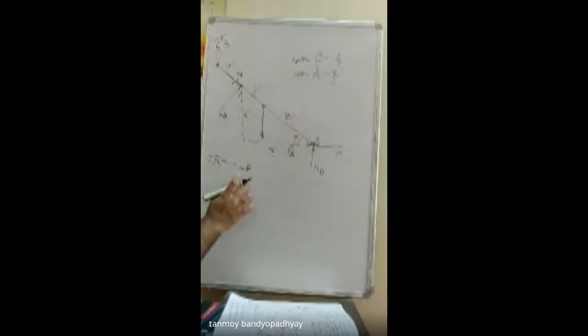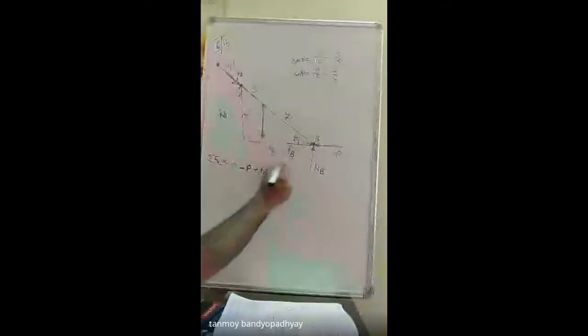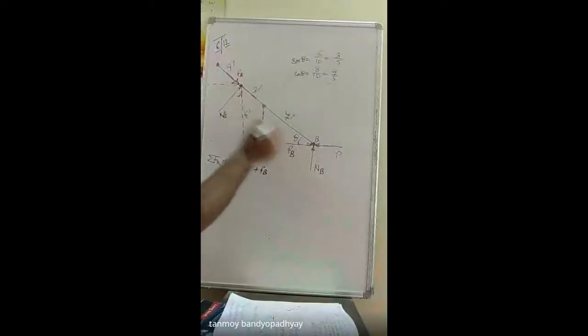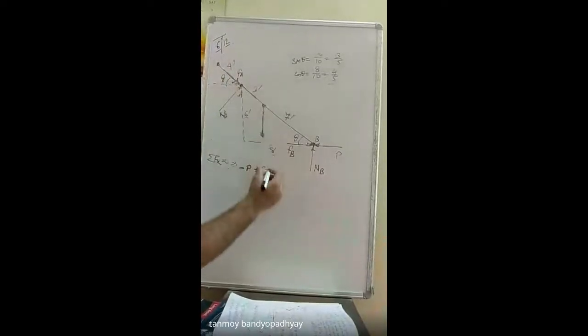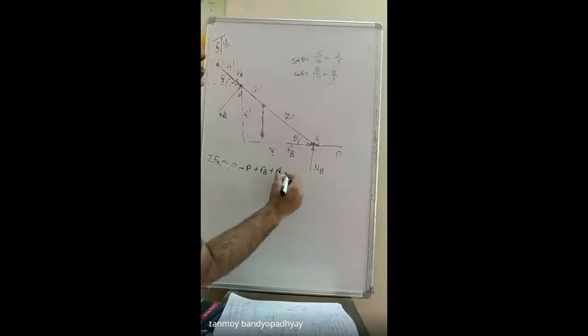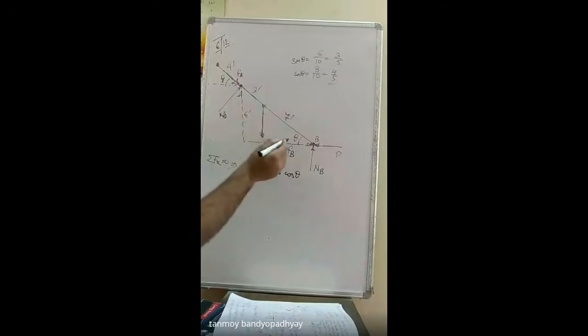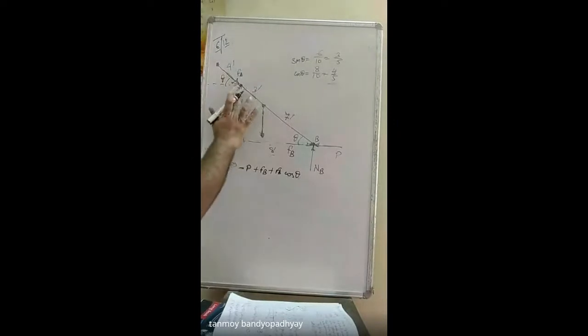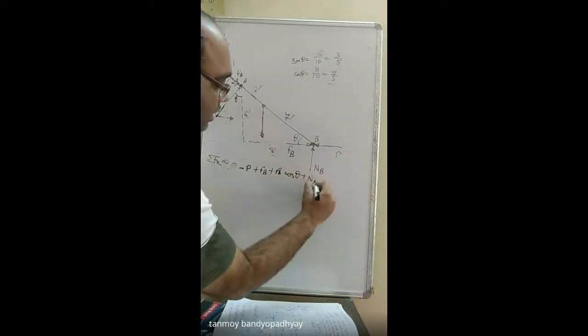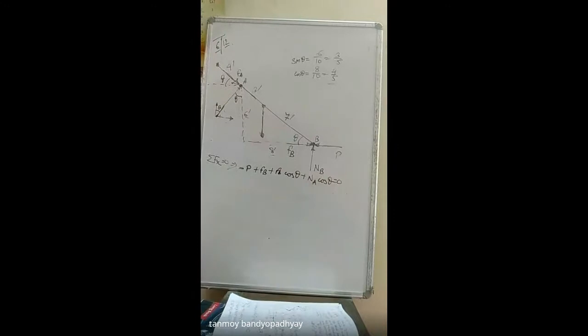So minus P, this is plus FB, there is nothing else in this direction. So this angle is theta, means this is theta. So FA will be having a component that is FA cos theta, and NA will be having a component. So এটা যদি theta হয়, so এই অ্যাঙ্গেলটা theta হবে, দেখো এটা যদি theta হয়, this is 90 minus theta, so this angle is actually theta, ঠিক আছে? So NA will be having two components, so আমি যদি NA টাকে এক্সটেন্ড করে দিই, so এই কম্পোনেন্টটা this one is theta, this one is theta, ঠিক আছে? So this is NA cos theta, so x direction plus NA cos theta, that is equal to 0, ঠিক আছে?